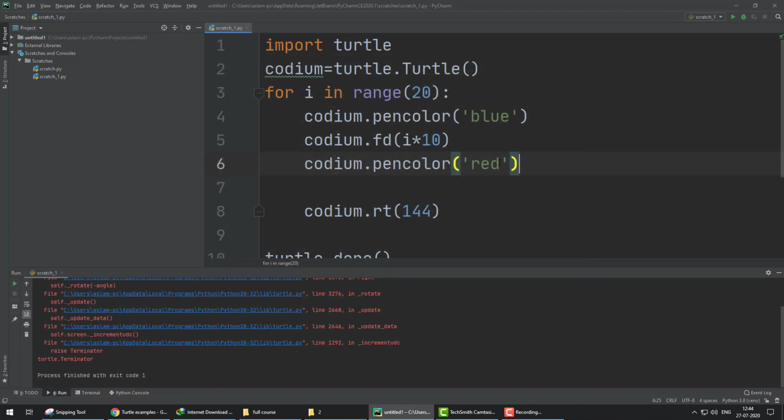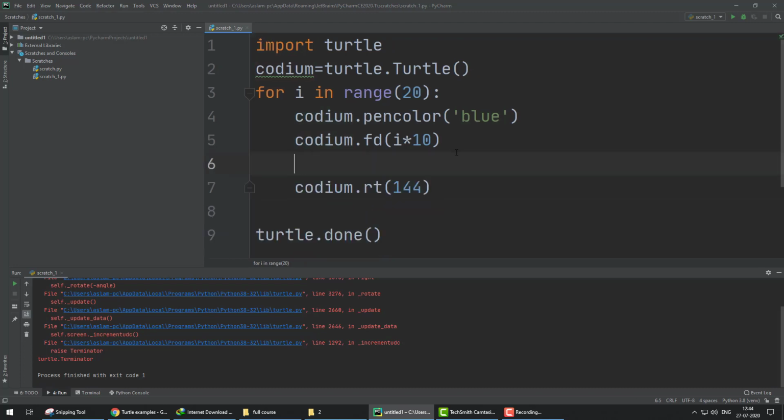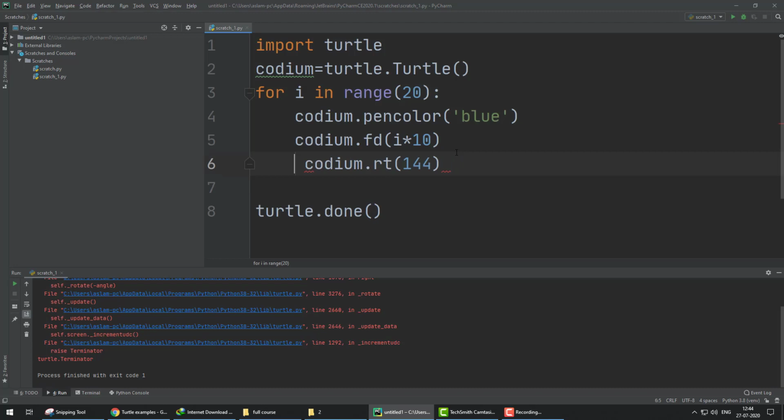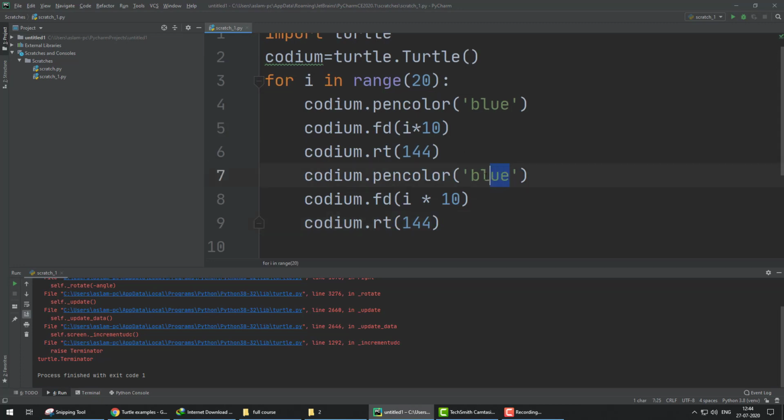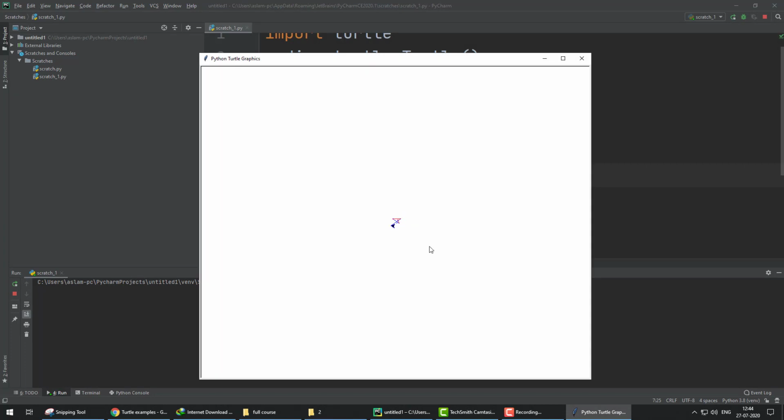So we cut this, copy these three lines and paste here, and the color change is red. Now what happens: first it creates the first line blue and rotates, the second line red, like that. Let's check. Now you can see every line's color is changed.